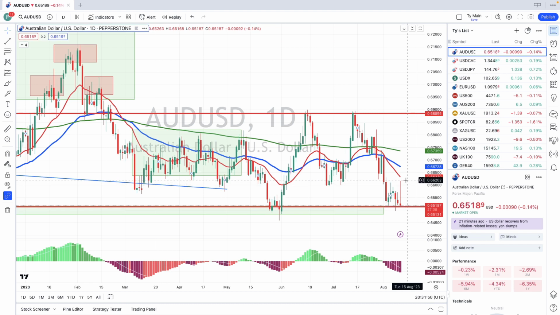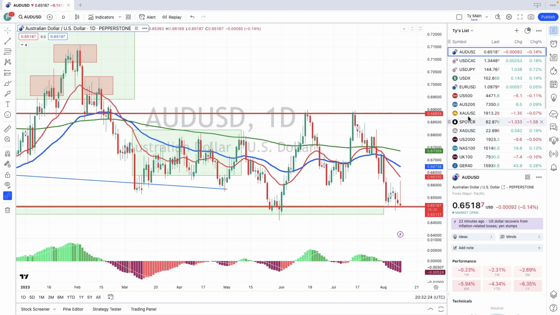But just be mindful that if we do get a daily close below this level and we're trading in the 64.80 zone, then that bodes fairly weak for next week, and we could be looking for potential shorts from that level. But again, if we see strength at this point, we know there's support. If it starts to pick up, the short-term target would be around 66.15 again, back up to that previous resistance. And if we get a daily break below the 64.80, then we'd be looking for shorting opportunities down to the extreme lows at around 64.50 and then the 64 cent mark.